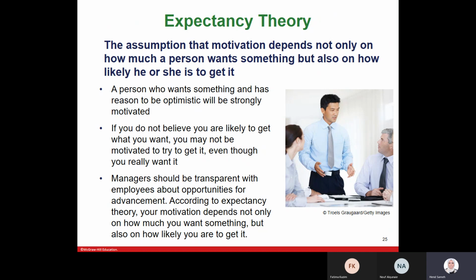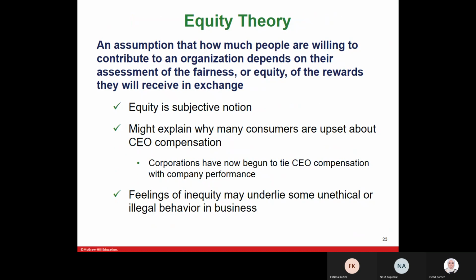It assumes that motivation depends not only on how much a person wants something, but also on how likely he or she is to get it, how possible it is for him or her to get it. So yes, one of the theories. Okay, back to the equity theory. Equity comes from the word equal, equity, equality. This theory assumes that when employees feel that they are being treated with fairness,